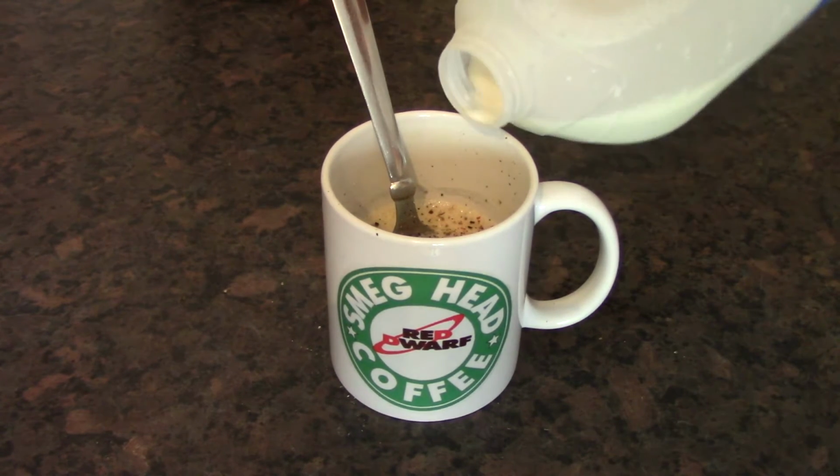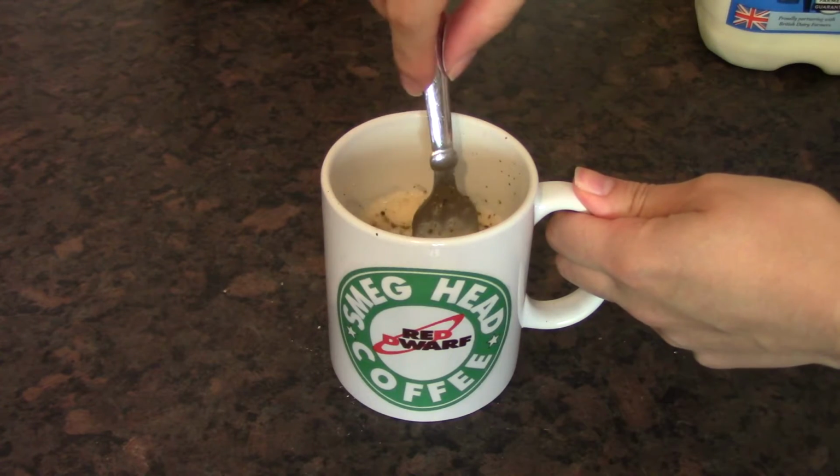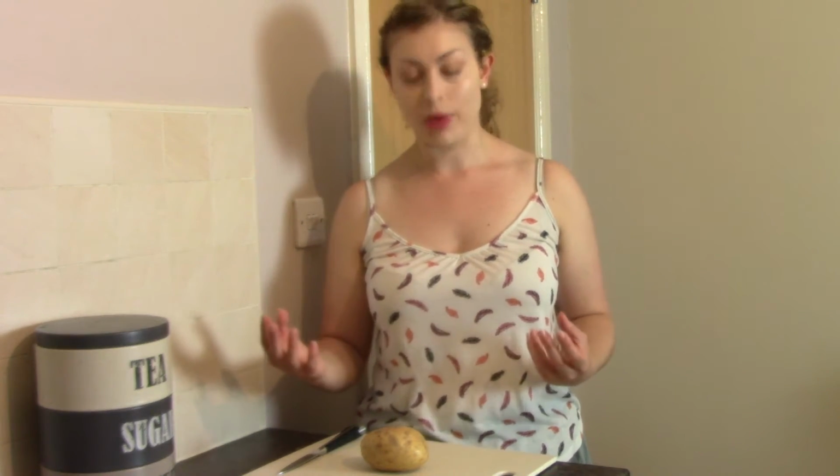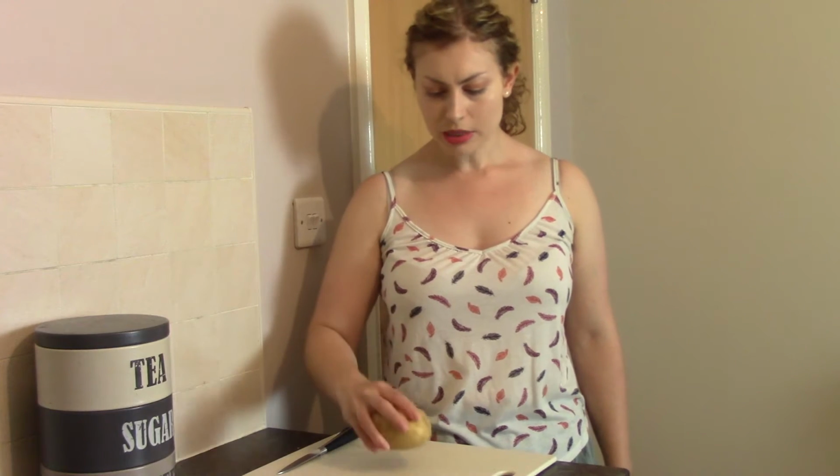Lastly, we're going to add a splash of milk and then just mix that together. So that's your basic egg mixture. The other ingredient that you're always going to find in a frittata, other than the weird carbonara one, is your humble spud. So I've got just 1 medium potato here,